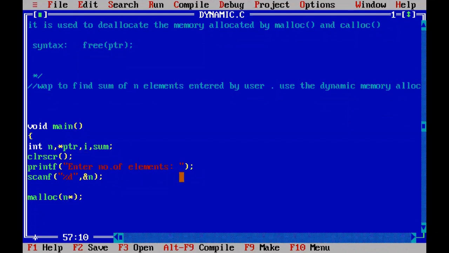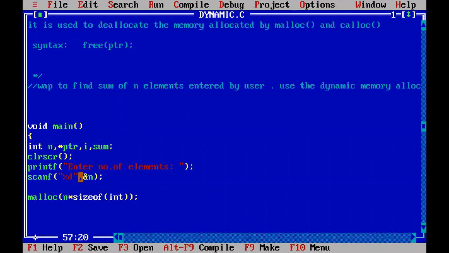So use the sizeof operator and calculate how many bytes it will occupy for each integer. For each integer 2 bytes we are considering, and totally 5 elements. So 5 2s are 10. 10 bytes of memory is allocated.